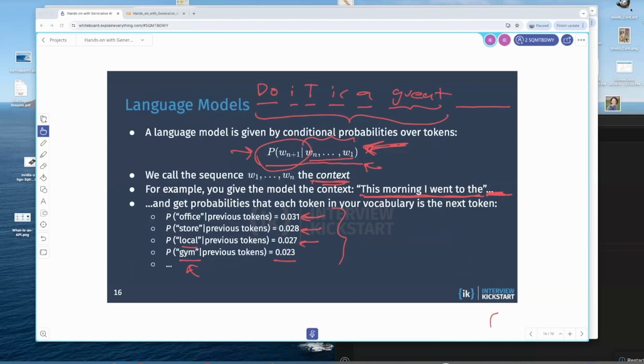One is I could draw samples from this probability distribution. So for example, if I have these probabilities over the next word, I pick a word randomly with these probabilities. Like with probability 0.031, pick the word office. With probability 0.028, pick the word store. With probability 0.027, pick the word local. You could sample from this distribution, and if you did it that way, you'd get different sequences every time. That tends to generate really weird results because